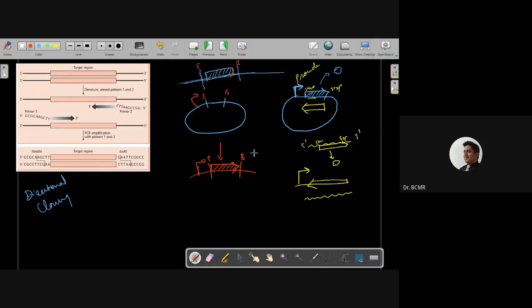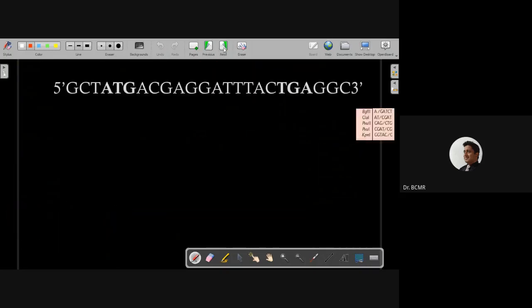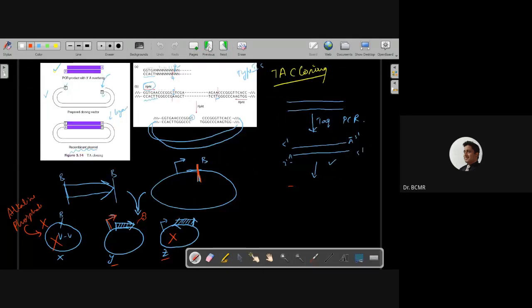The problem arises when we don't have any restriction sites here. Oops, sorry. What happened? I think it got erased. Okay, that's all right. So